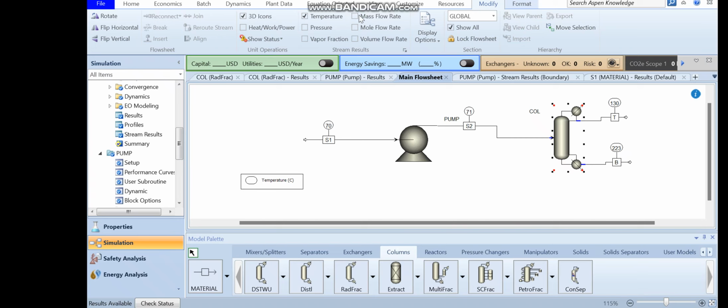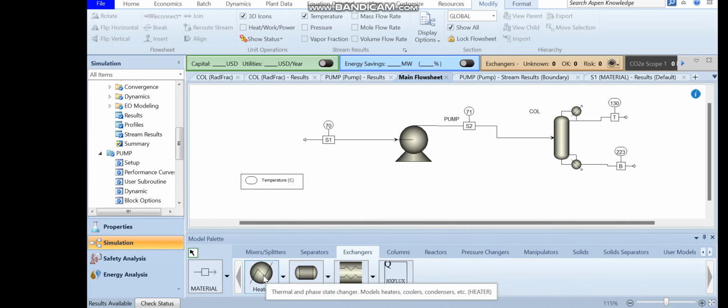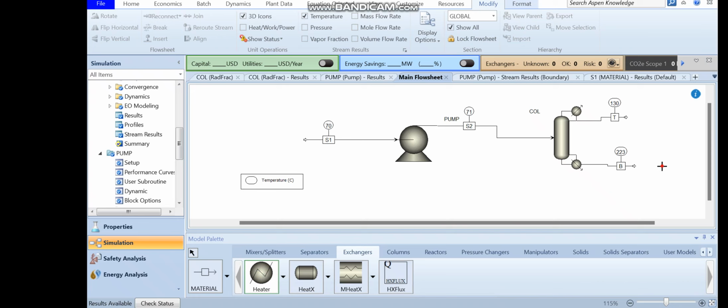So this icon means temperature and that icon means the mass flow rate. So I want to reduce the temperature from 223 to 25 degrees. So how can I do this? Of course, we will go to the exchanger and then I will select a heater. Although I am cooling this, there is no separate cooler block in ASPEN Plus. So you just select this heater, install it here, right click, call this cooler,